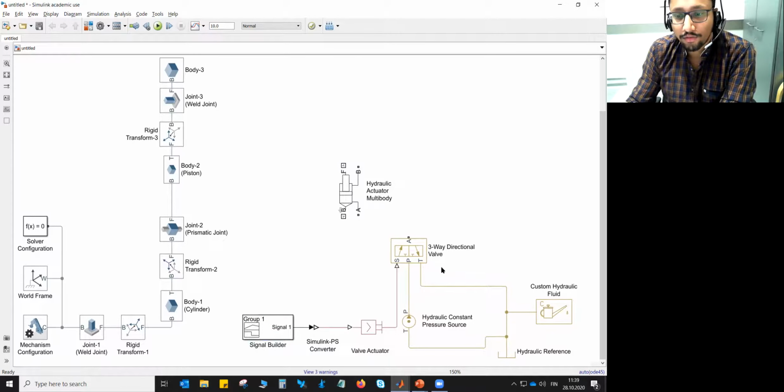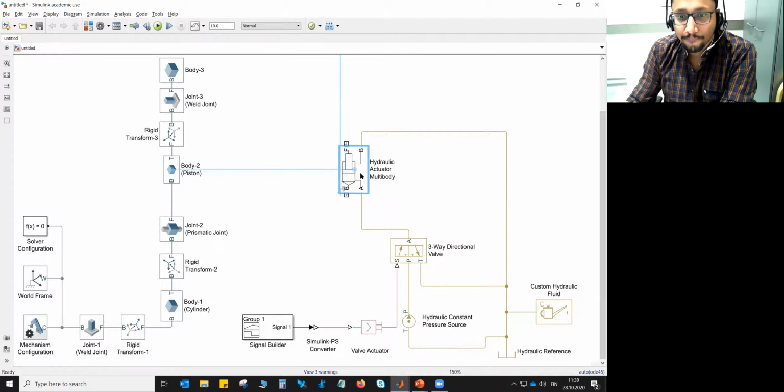Okay, so you have defined the directional control valve as well. It needs to be connected to the hydraulic actuator such that port A is connected to this end and port B is connected to the tank. Okay.